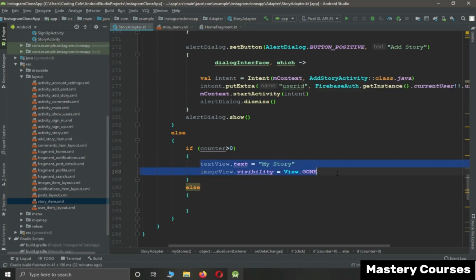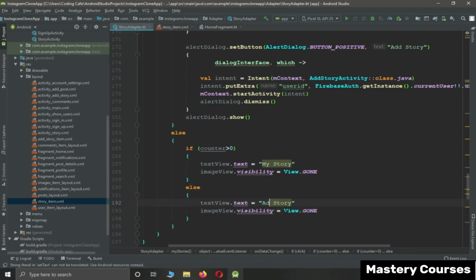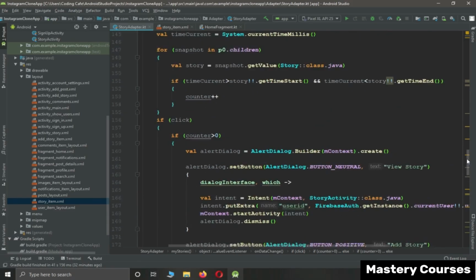Else, there is no story available, you will just say add story and it will be visible. Now that's it. And now the next thing is